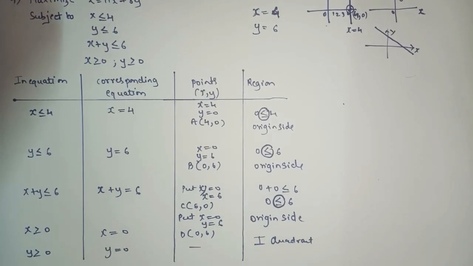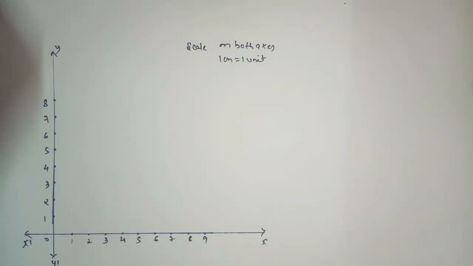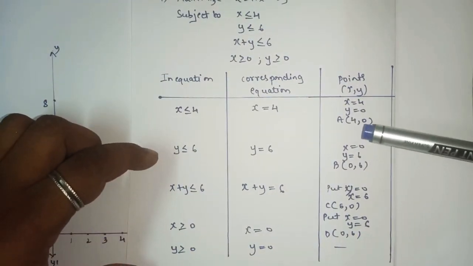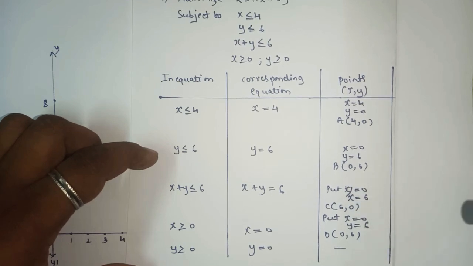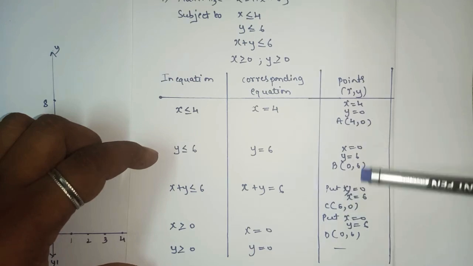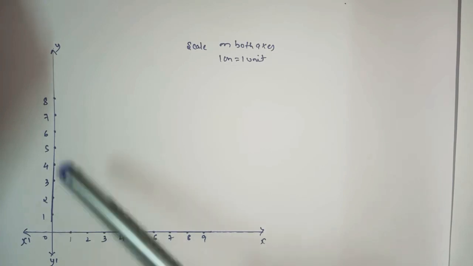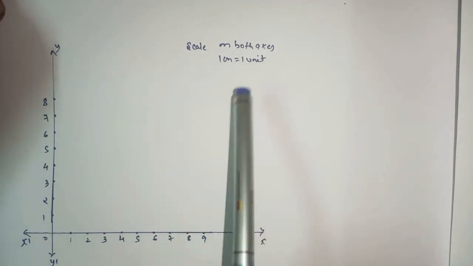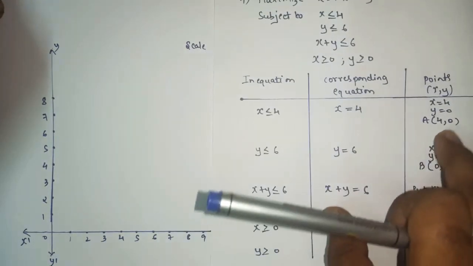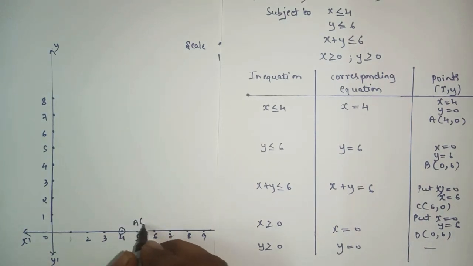Okay, plotting the points. So for this sum, we'll see, as here clearly we can see that here we have the single digit. So the highest value for the x coordinate is 6 and for y also it is 6. So till 7 or 8 you can write on both the axes. For this sum I took the scale as 1 centimeter equals 1 unit. So what is the first point? That is 4 comma 0. So where will it lie? A is 4 comma 0.